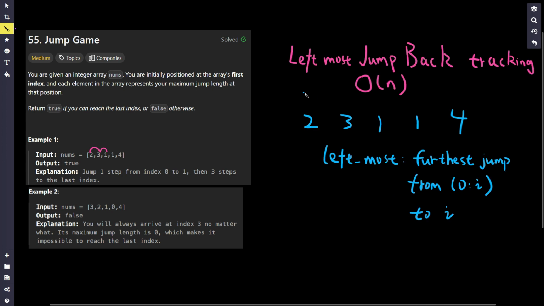I'm going to talk about a better approach called leftmost jump backtracking. So suppose we have this leftmost variable here. That means starting from 0 to i, in this subsequence, you can make the jump to this node. And this is called backtracking because initially we already know that we can reach the last element, so every time we need to backtrack to see if we can go back to the original point. If the leftmost variable can update to the first element, that means we can jump from the first to